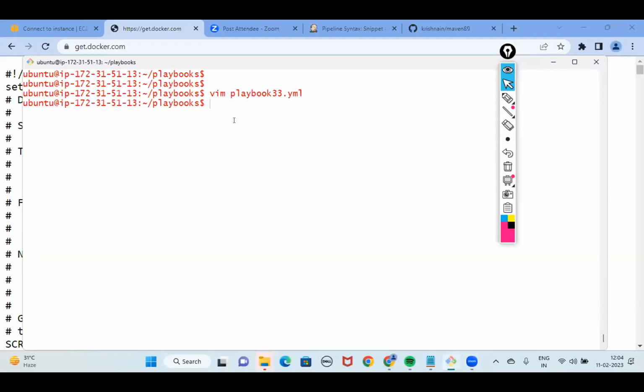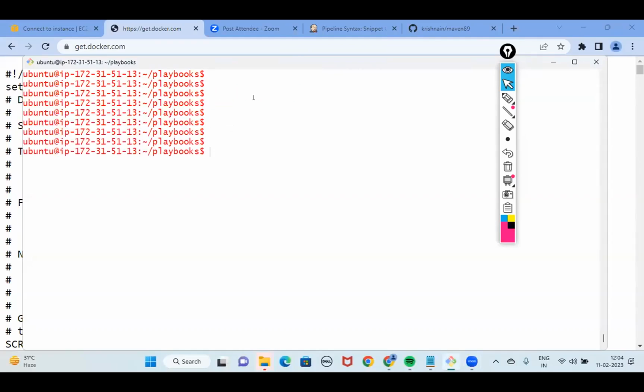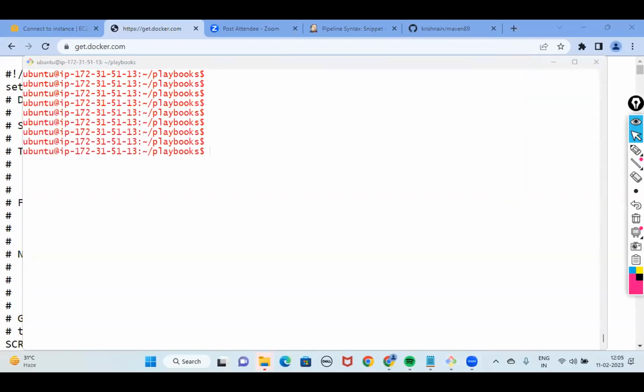So this is the playbook we have created, playbook 33.yaml, and let's run the playbook. All I changed is the credentials. Everything else in the playbook remains the same. Okay. ansible-playbook playbook 33.yaml